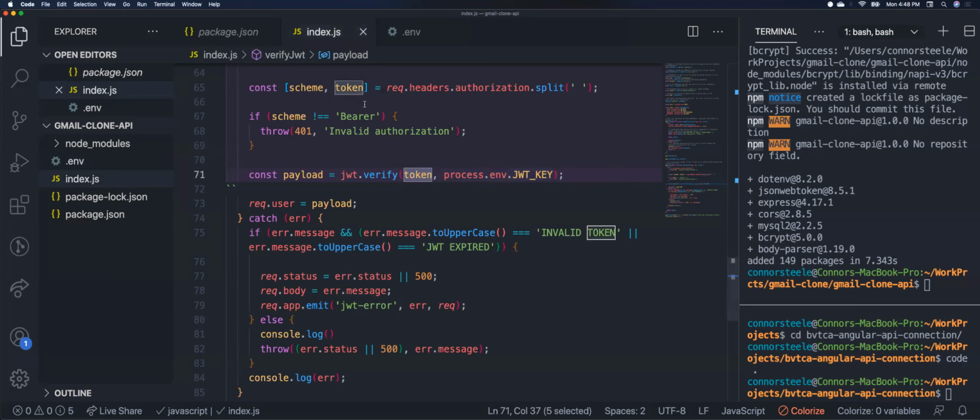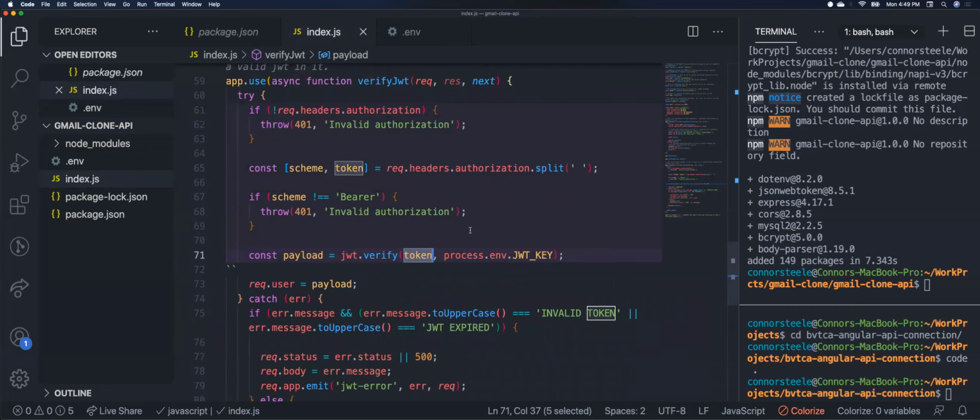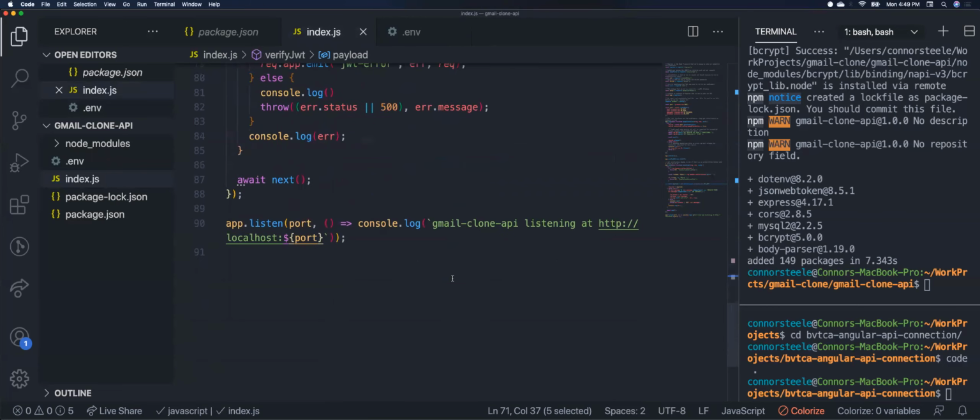So the key is not the same as the token. The key is what we use to encode or decode the token. It's just like a key to a door, right? We close the door and lock it with the key when we create,